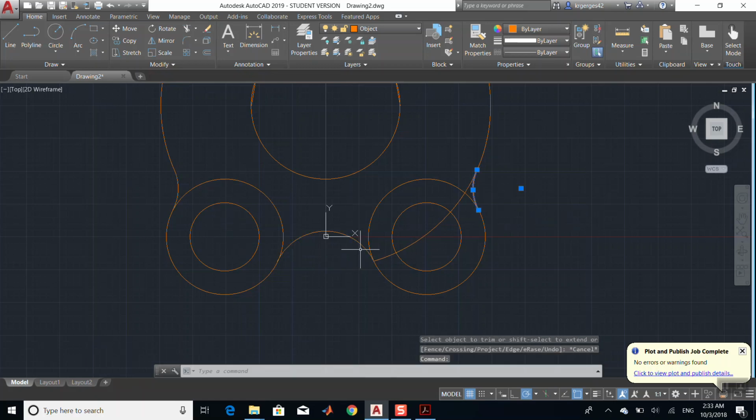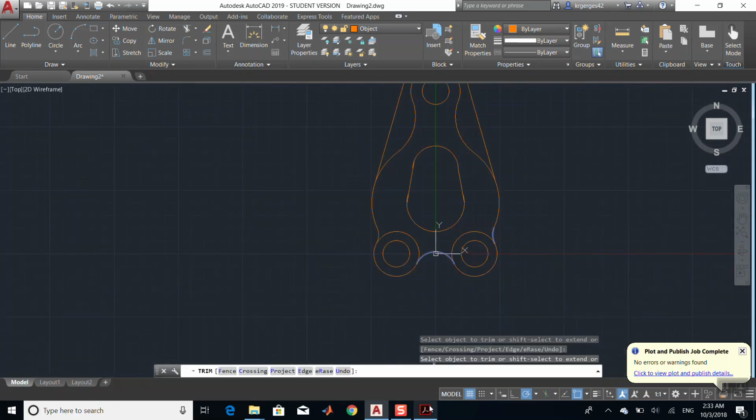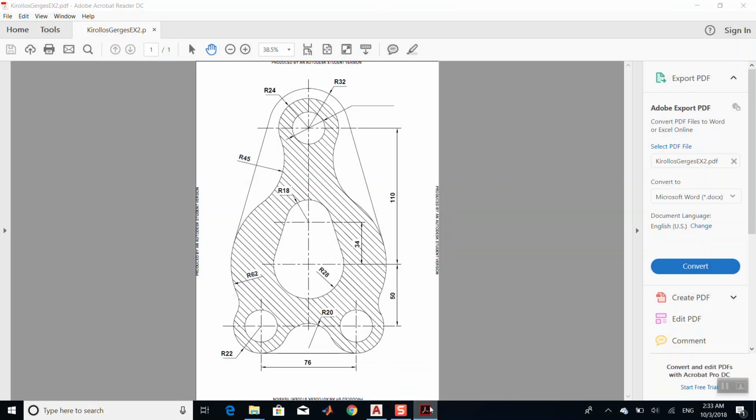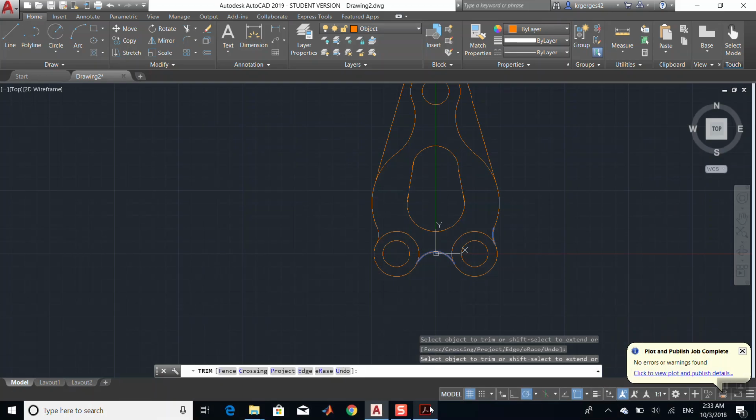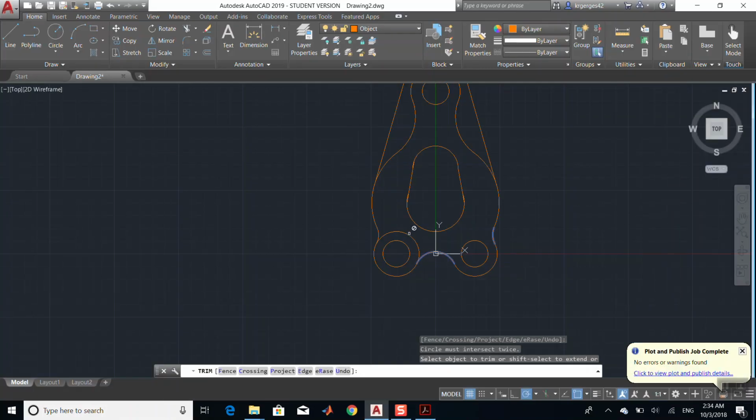Then select these two as well. Trim and delete that one. I need to delete this and